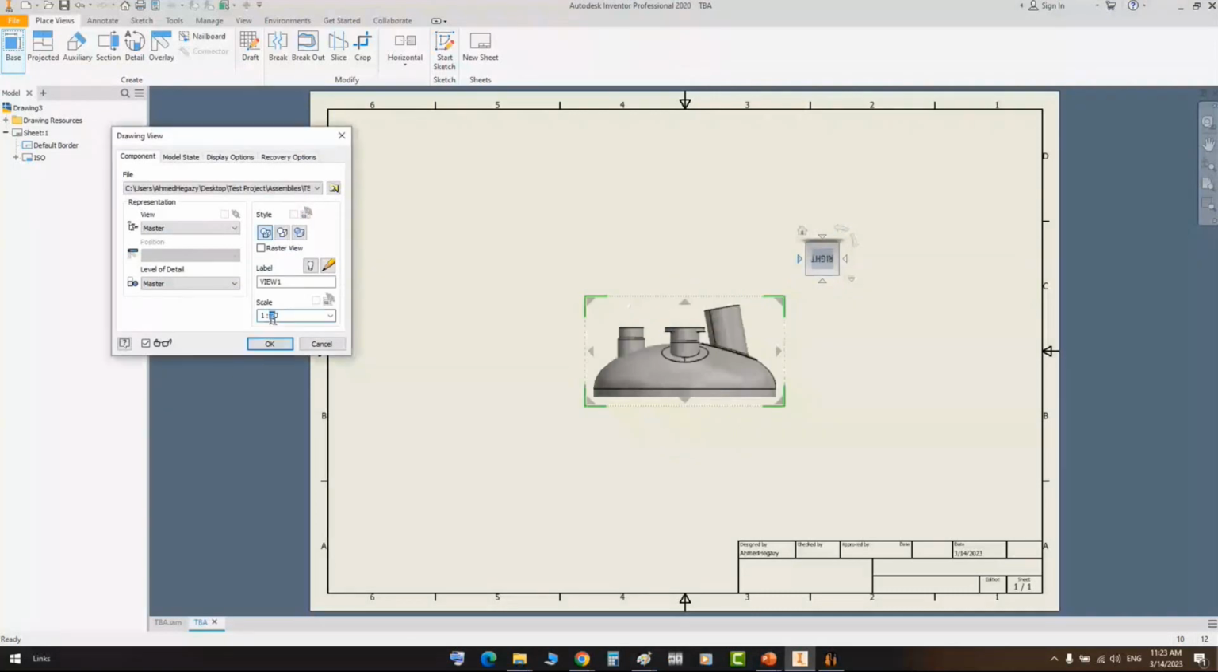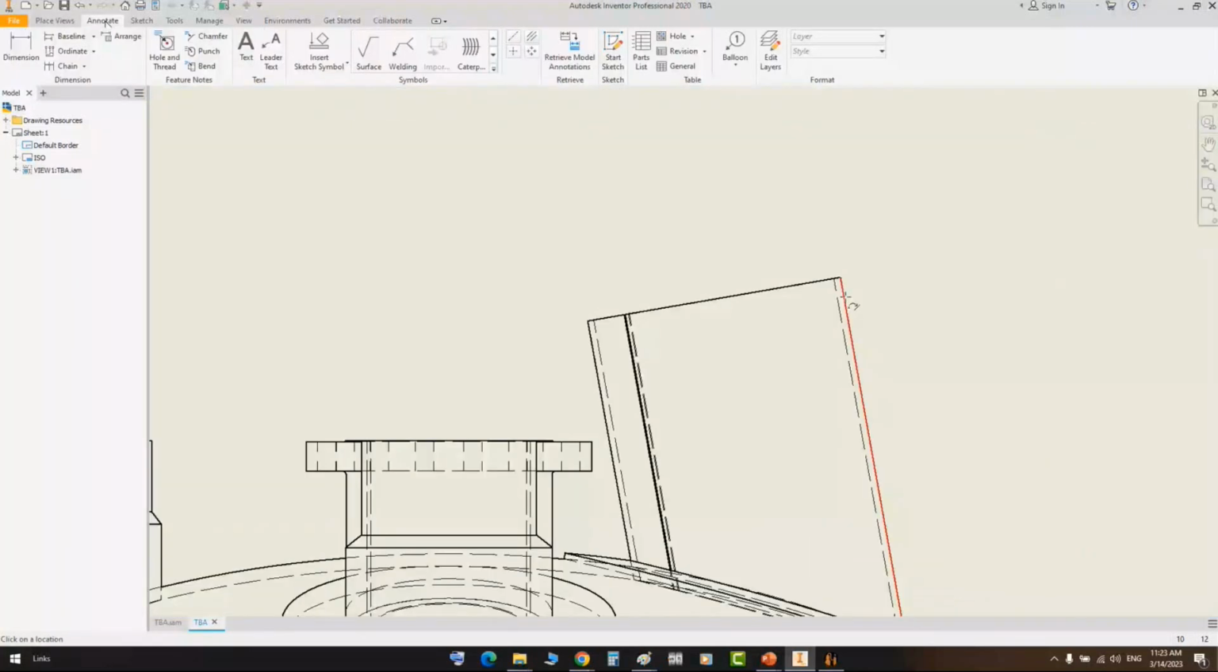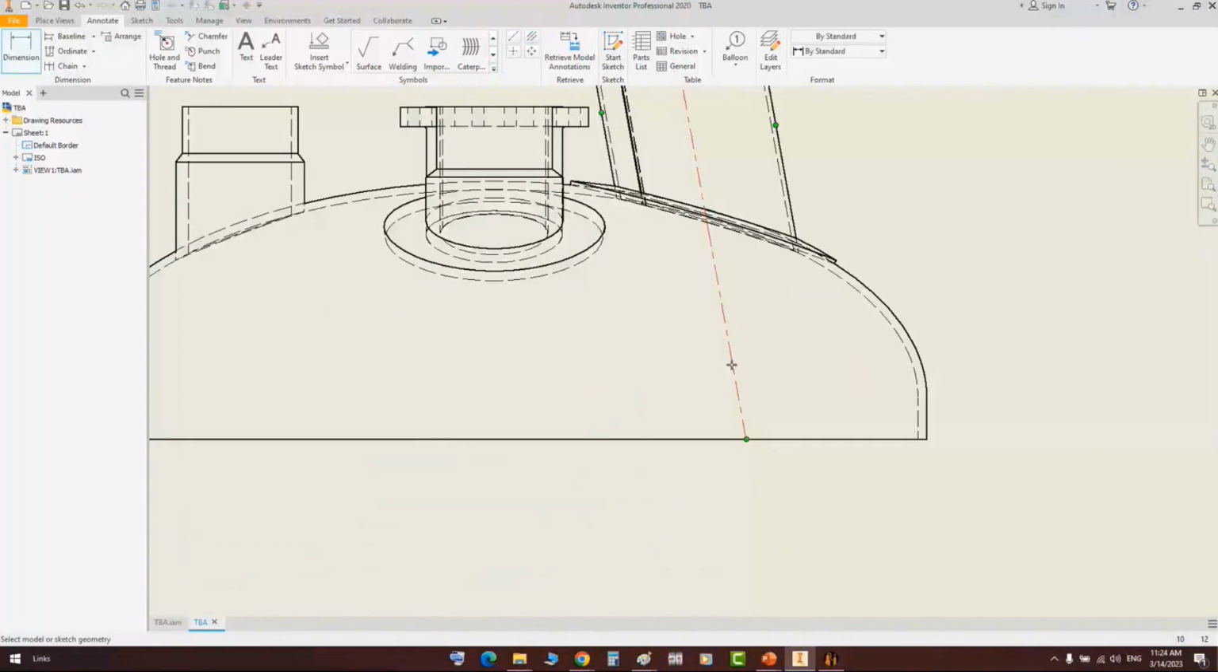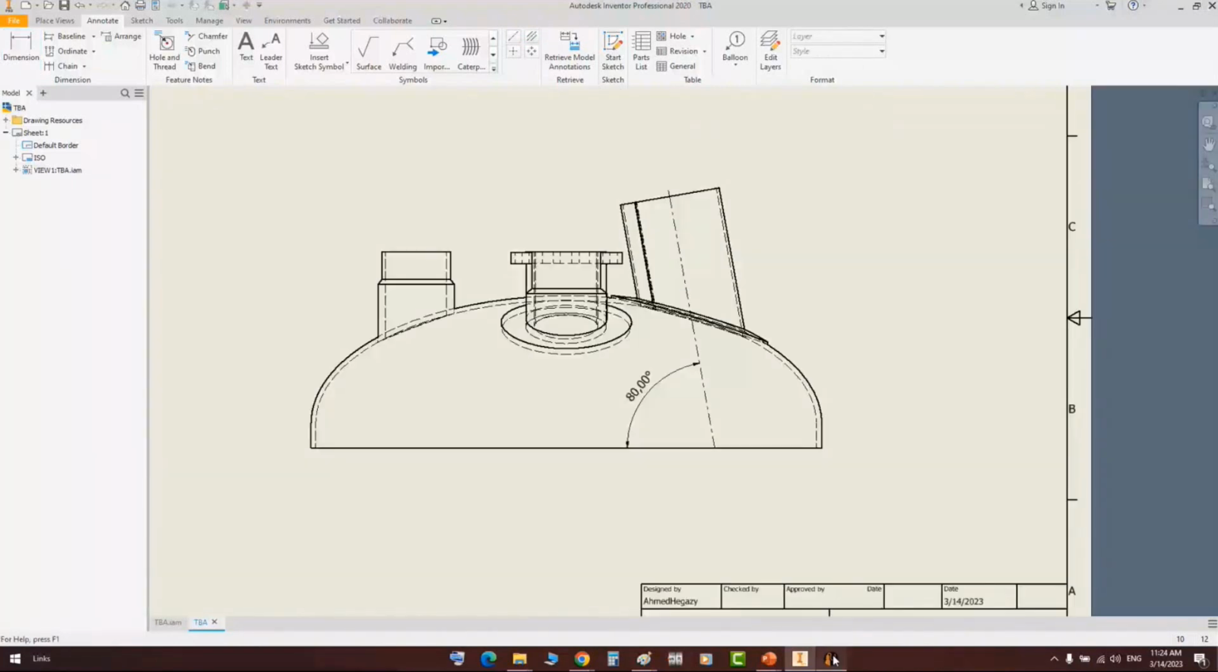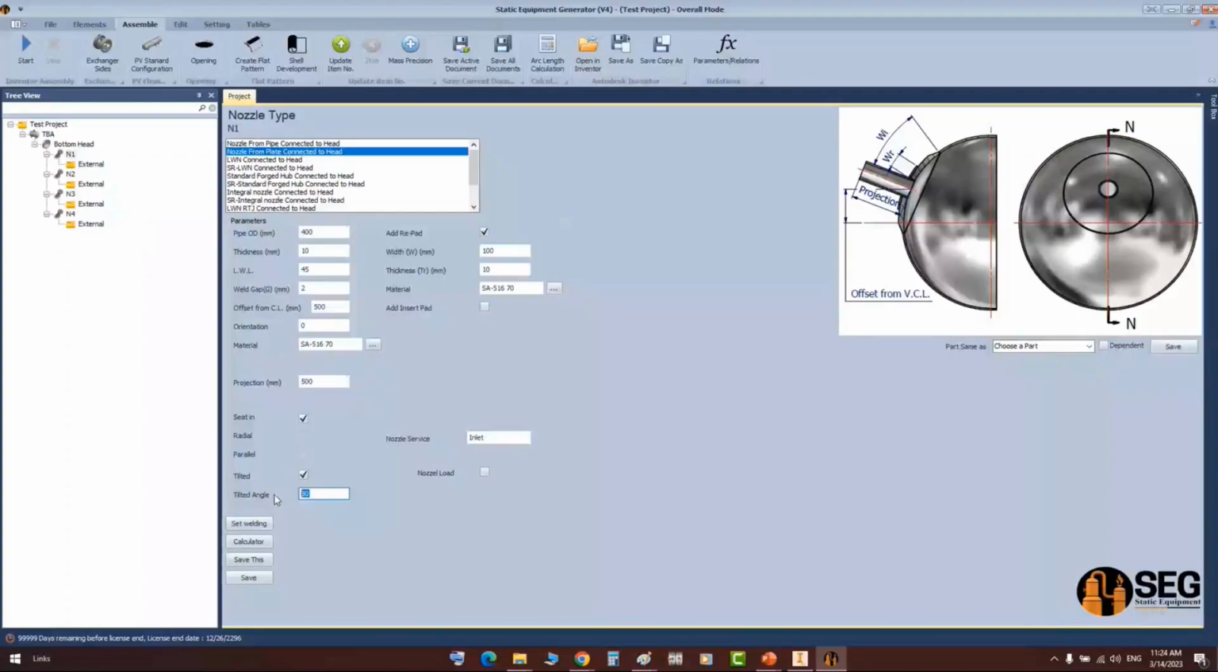Okay, increase the scale a little bit. Let's make it 1 to 10. And here, if you add a longitudinal welding line to define the center of this nozzle, and extend this nozzle here, that's that 20 degrees. So you can control the orientation of this one. For example, if you would like to change that and click on save, now when you click start assembly,